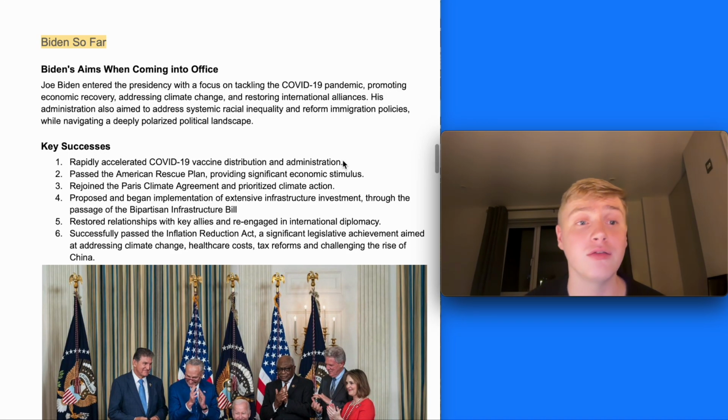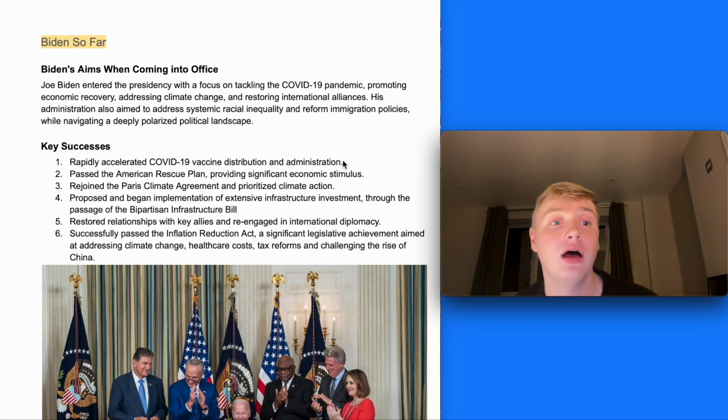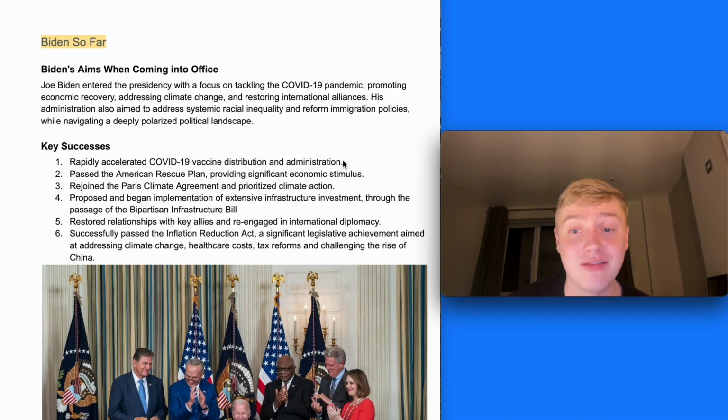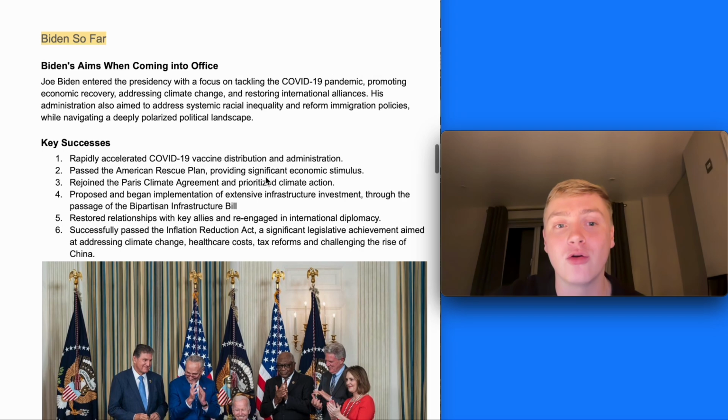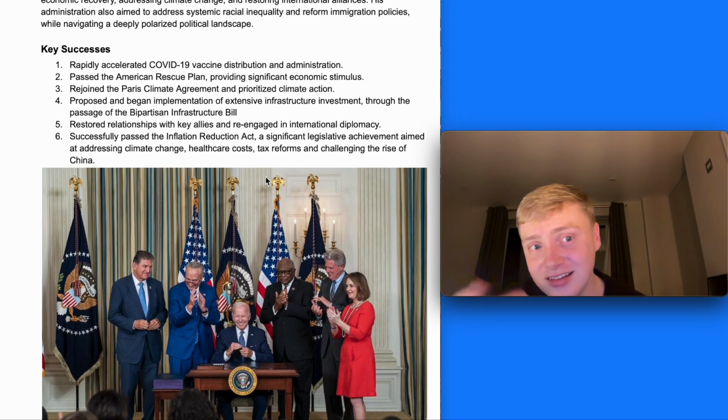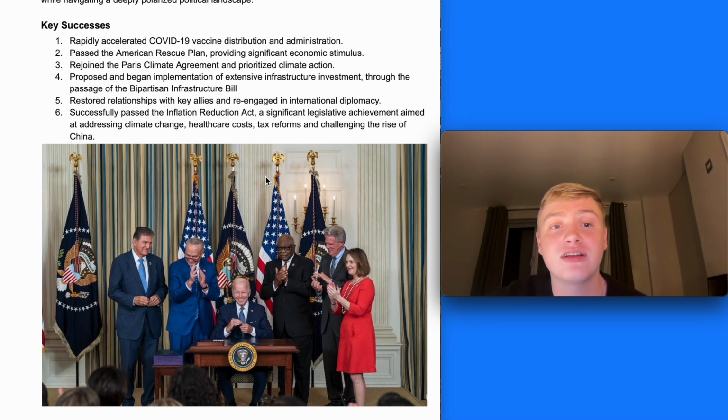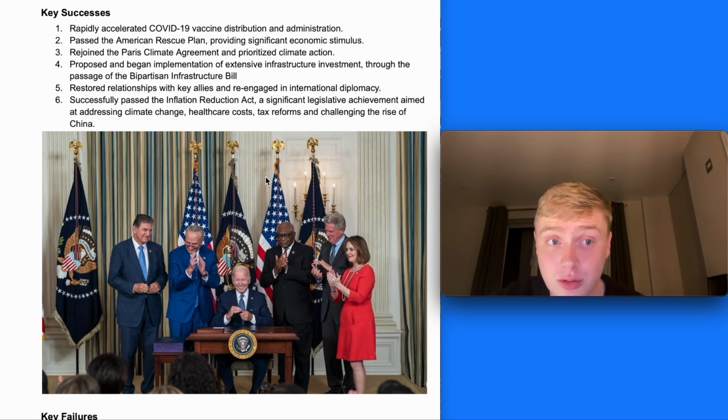In terms of Biden so far, he entered the presidency with a focus on tackling COVID-19, promoting economic recovery, addressing climate change, and restoring international alliances. His administration also aimed to address systemic racial inequality and reform immigration, whilst navigating a very difficult, deeply polarised political landscape. In terms of key successes, he accelerated COVID-19 vaccine distribution and administration, passed the American Rescue Plan, rejoined